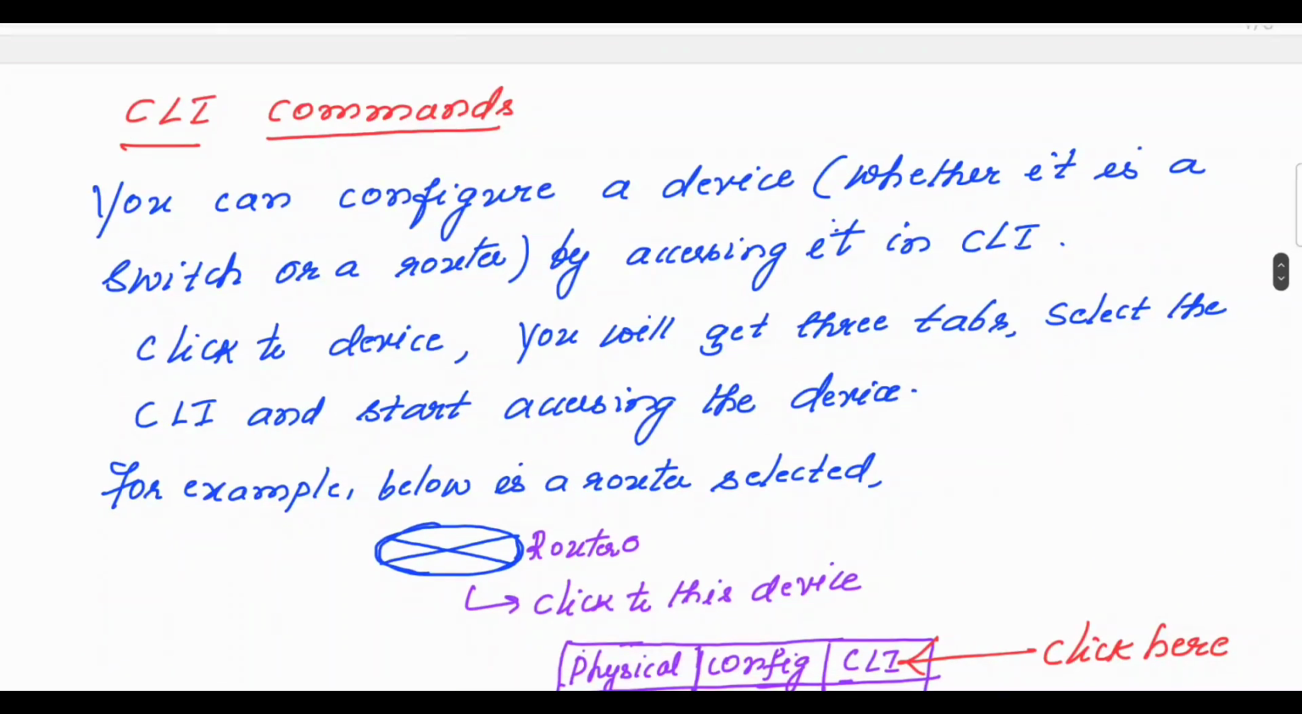Now coming to the CLI commands in the Cisco Packet Tracer, as I told you, this interface is used in order to configure the different Cisco routers and switches. So how are you going to use this interface, or how are you going to carry out the configuration in this particular mode? So